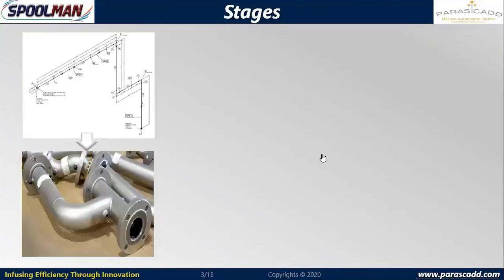Now, if you see the stages, I have isometric drawing, whether it is a spool drawing or erection drawing, generated using Auto Spool. And my aim is to fabricate a spool which will contain joints, and each of the joints has to be tracked along with welding and NDT in the line history sheet. So we will see how it is happening.